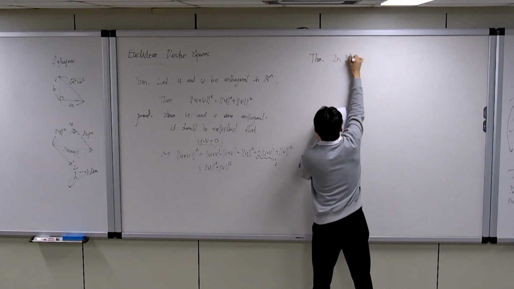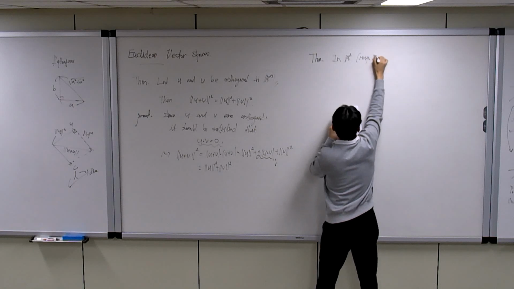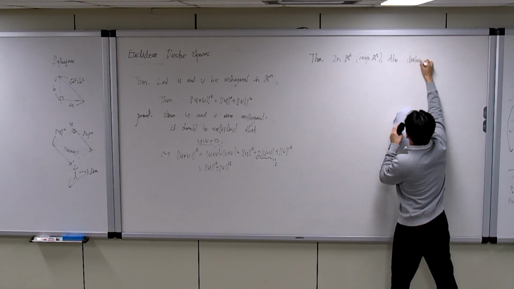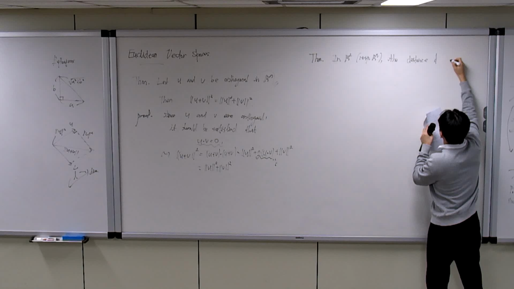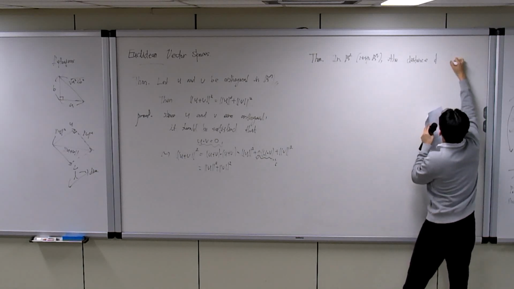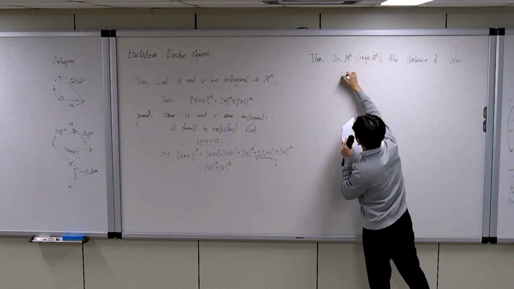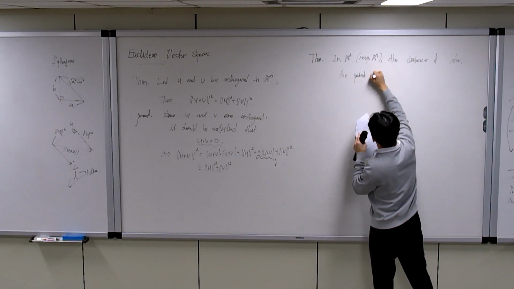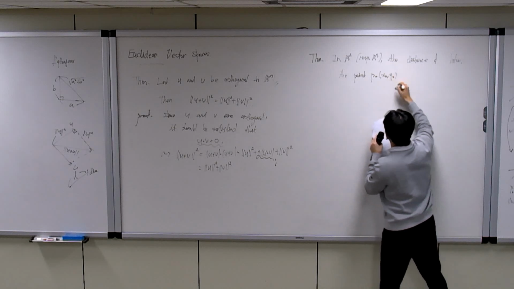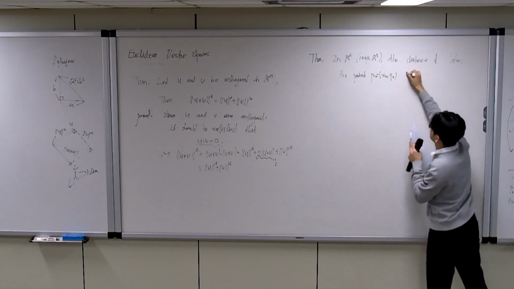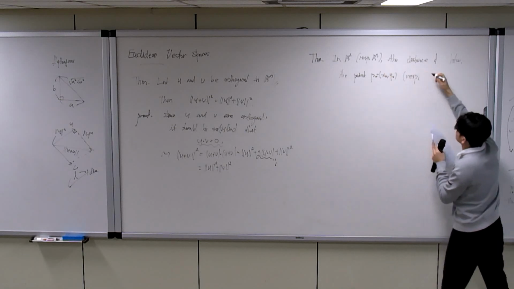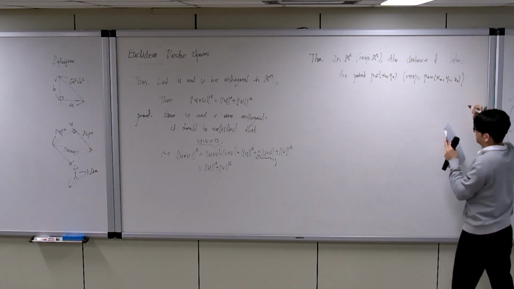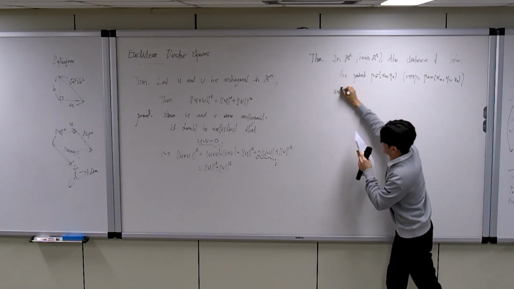In R2, respectively R3 space, the distance D between the point P0, which will be written x0, and in the space R3 I will write x0, y0, z0. And the line,